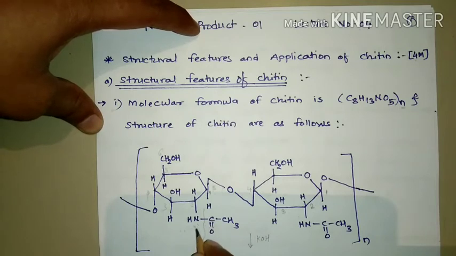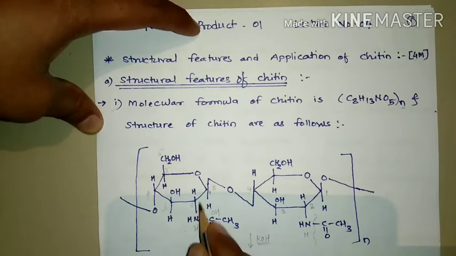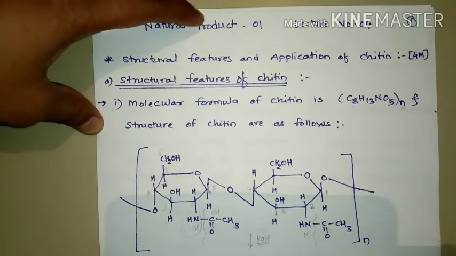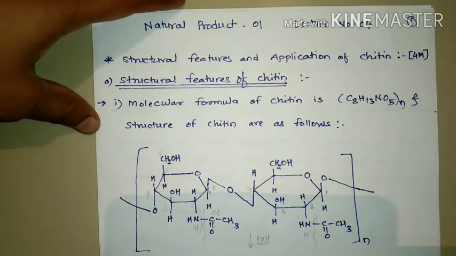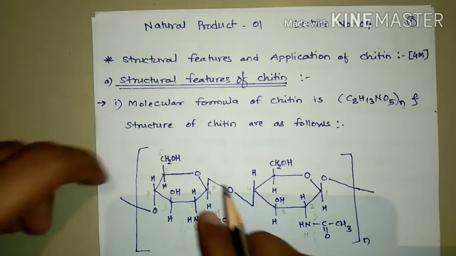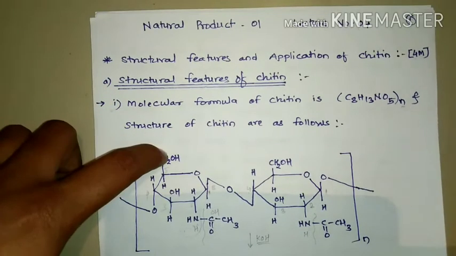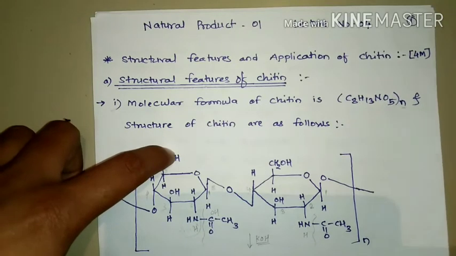after fusion with KOH, the molecule gets formed like this, with HOH. Fusion with KOH means what? It is base hydrolysis. Then an NH2 group is formed here at the second position. Similarly in the second unit and third unit, this fusion with KOH takes place. That means base hydrolysis takes place. So this is again a linear form and it is called chitosan.